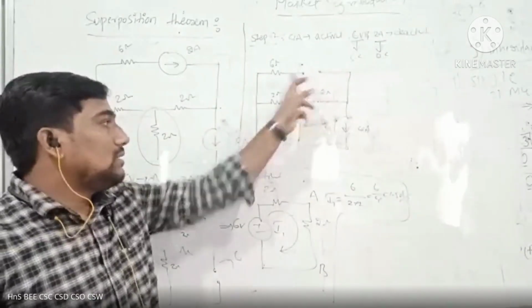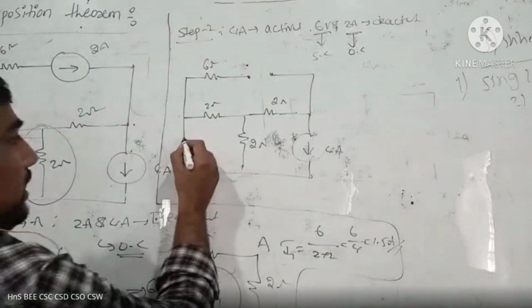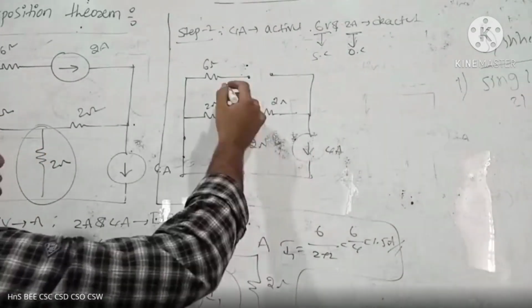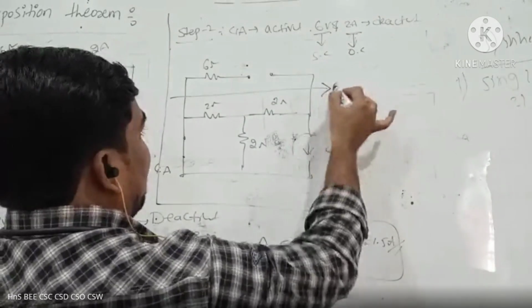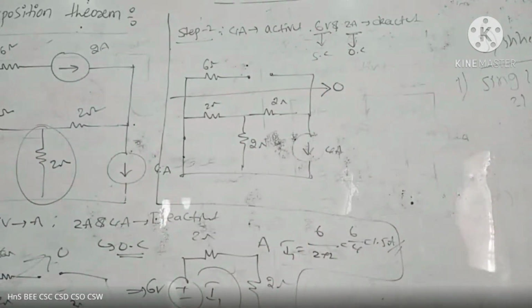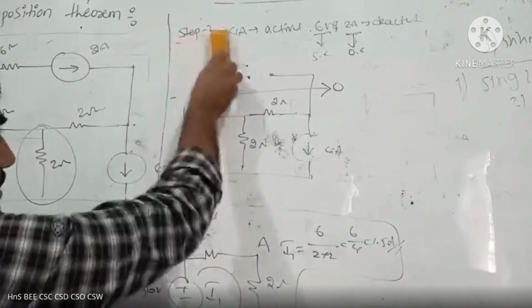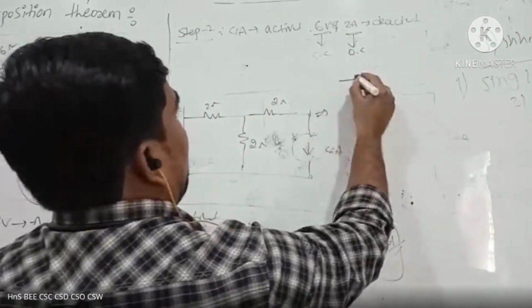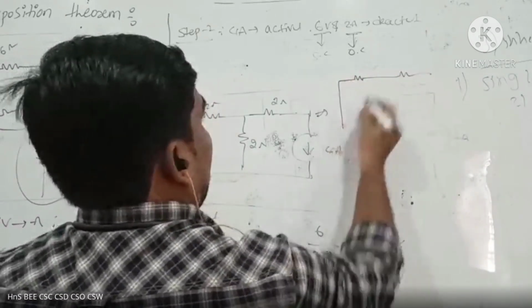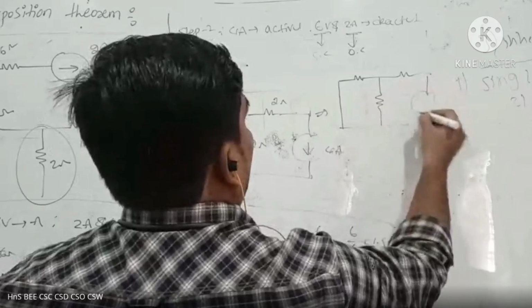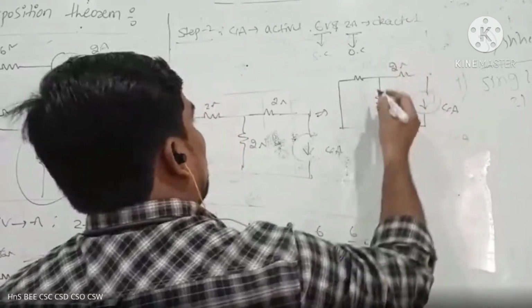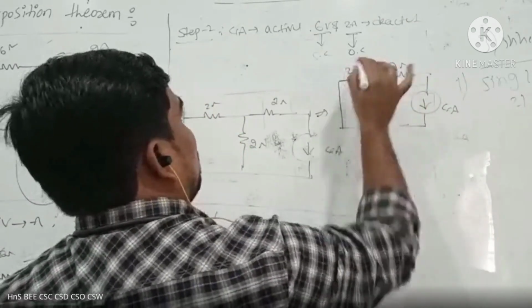Okay. Deactivate. This is also deactivate. Voltage source is deactivated and current source also deactivated. One current source is activation. Now see, these are open circuit. That's why the total loop is negligible. If it is negligible, the circuit can be converted into a simple circuit, that is this one. The total circuit is converted into like this. Okay, 4 amperes, 2 ohms, and 2 ohms is also 2 ohms.